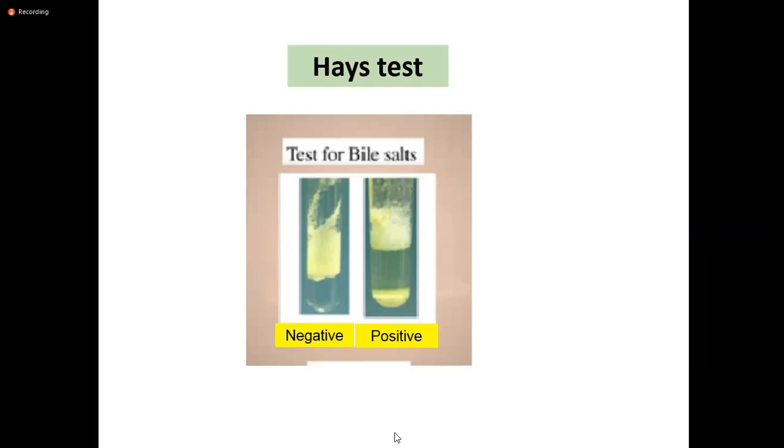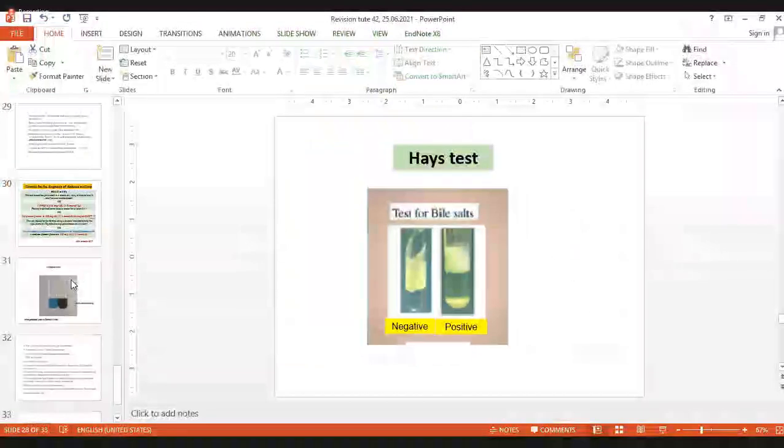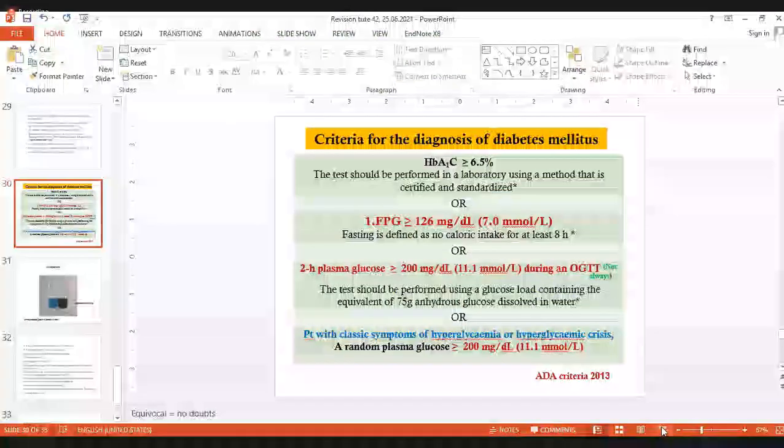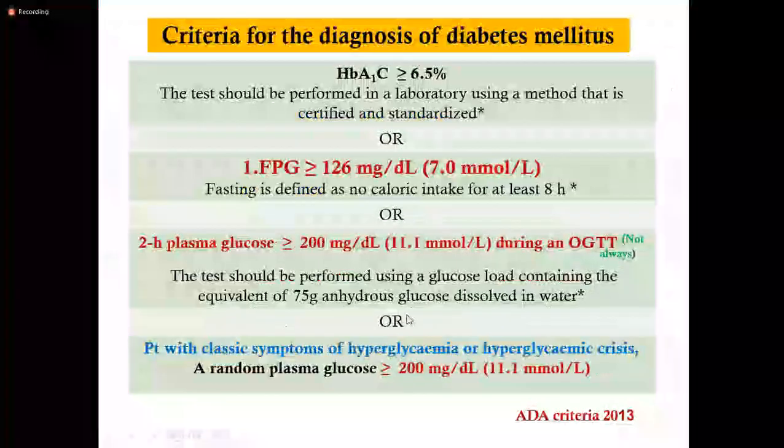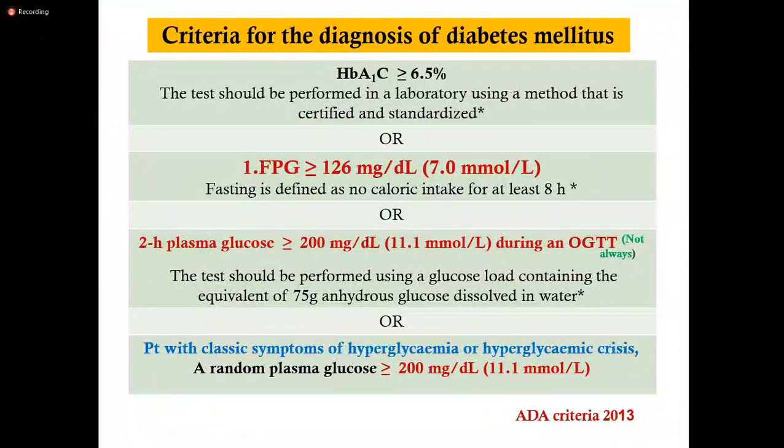Now I will stop. I think, where is that? Yes, that is there. Can you see this slide? Yes, ma'am. Criteria for the diagnosis of diabetes mellitus. You can see the ADA criteria 2013. There, HbA1c is there as a